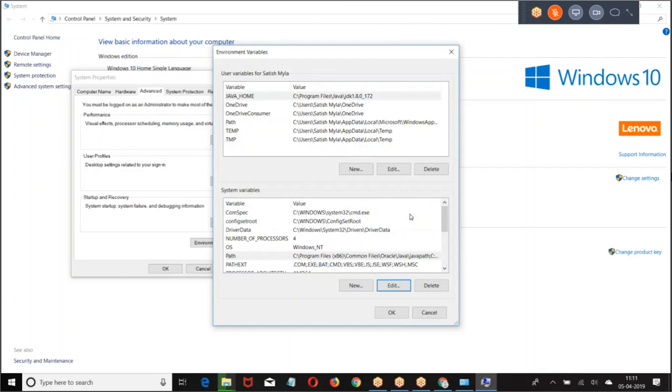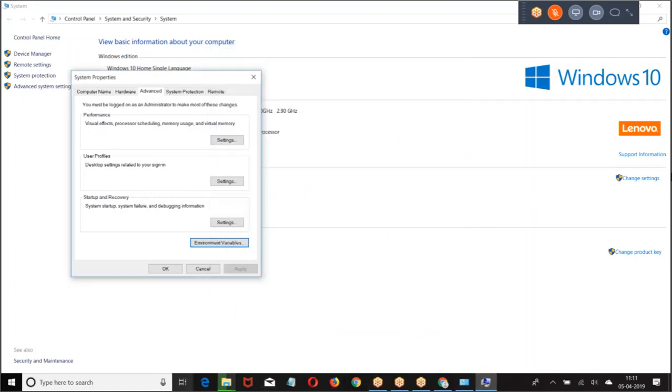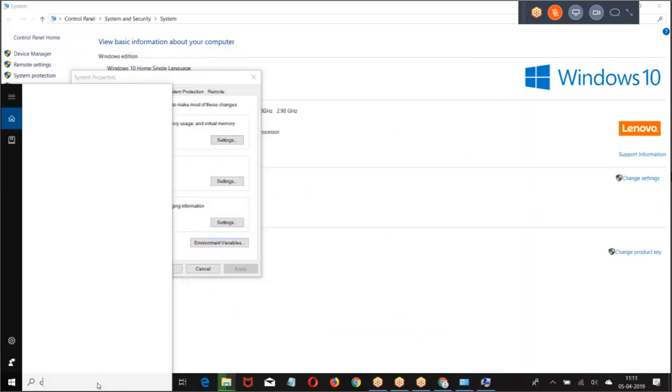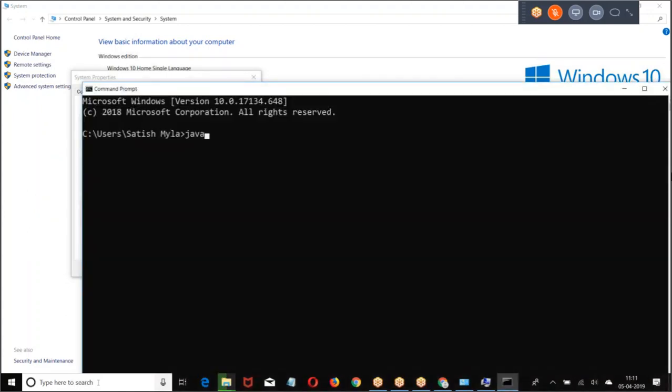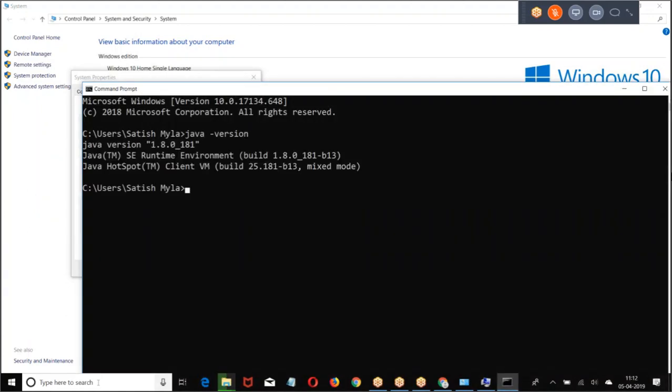JAVA_HOME, path. Path will be already existing. In the existing, give semicolon followed by Java bin folder path. In the home, without bin folder. Right. Done. Go back to this command prompt. java -version, 1.8.0_181.